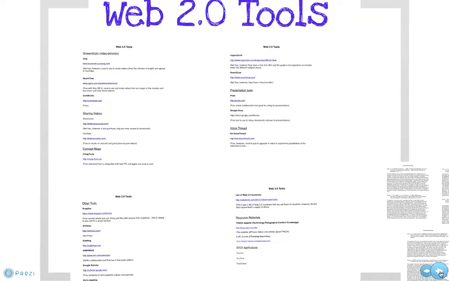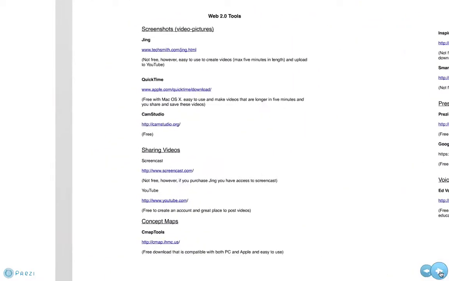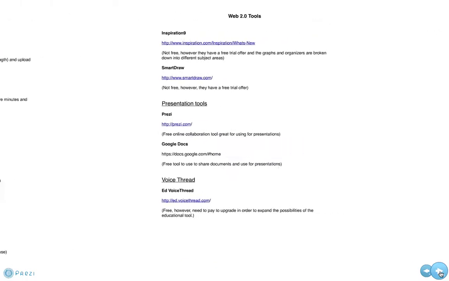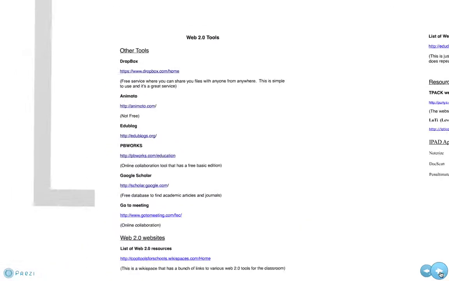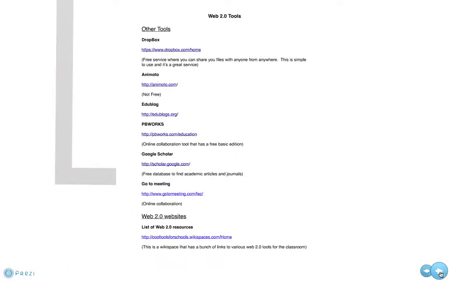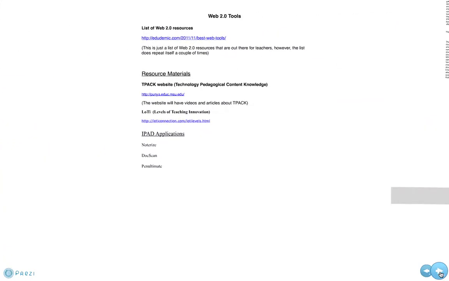Here are some Web 2.0 tools that I'll be letting the students use in the classroom, and this list is continuously growing. We're going to be doing the concept map, CMAP tools. That's a fantastic free tool. I try to give them all free tools. I don't want them paying for anything. Again, here are some more tools if you want to pause the lecture and look at them. Dropbox is something your student wants to become familiar with when they go to college. That's what all colleges use when they're sharing documents. It's a great tool. And then again, some more tools and resources for the students to use.